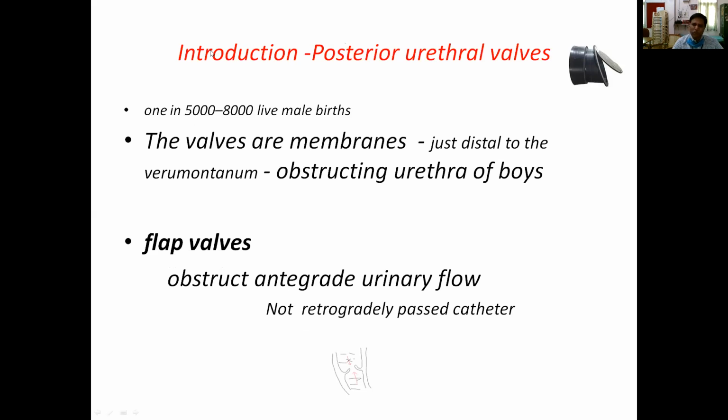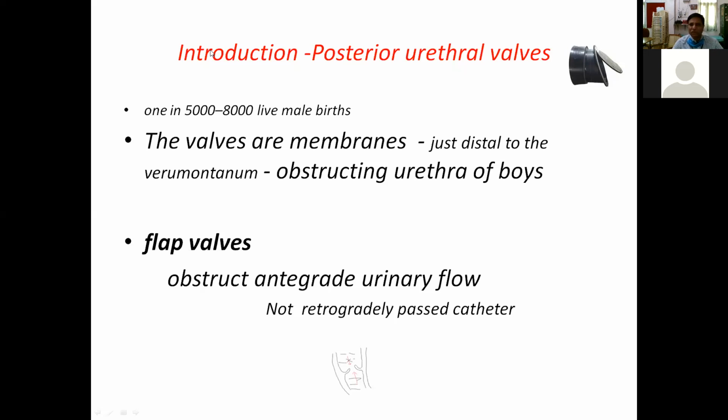Usually we see obstructive uropathy in old people beyond 50 and 60 years, where there will be stricture and benign prostate hypertrophy causing urinary obstruction. So the same clinical picture, obstructive uropathy, is similarly seen in children of 1 or 2 years age, or even in infancy. That is the importance of posterior urethral valves. If we can treat them early, we will be saving the child from obstructive uropathy and renal failure.